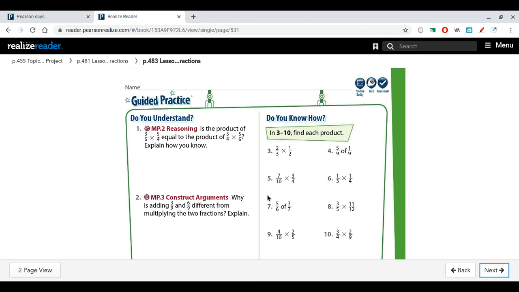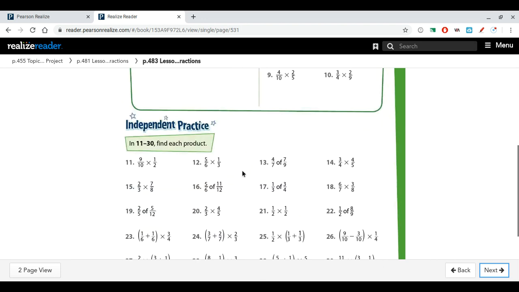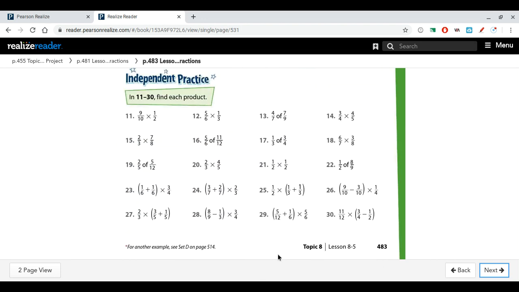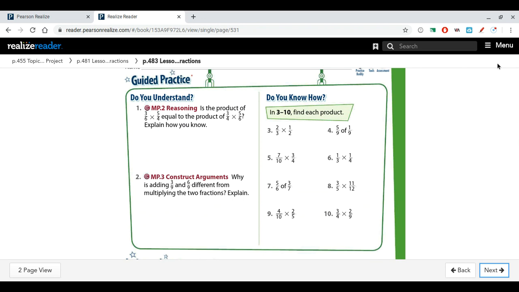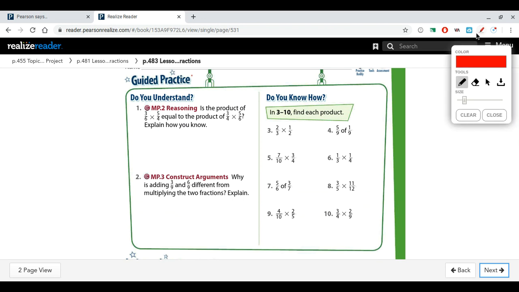Okay, so you'll notice that there is lots of multiplication problems here. You'll see that we have some addition added in, but what's nice about the addition added in is they all have common denominators. So we're just going to definitely get our practice in with multiplying fractions today. So if we take a look